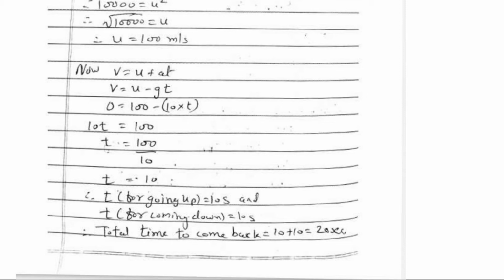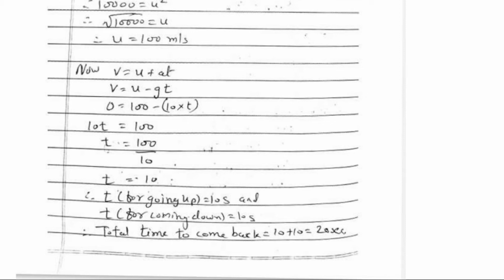So now once I got U as 100 meter per second, now my next job is to find out the time taken. Height तो दिया है, time taken to go up and down. So we will use the first equation. V is equal to U plus AT. Remember here A is nothing but minus G. So our formula will become V is equal to U minus GT. Substitute करो. U is 100, G 10 और T. Final velocity is 0, so I will substitute that as a 0.